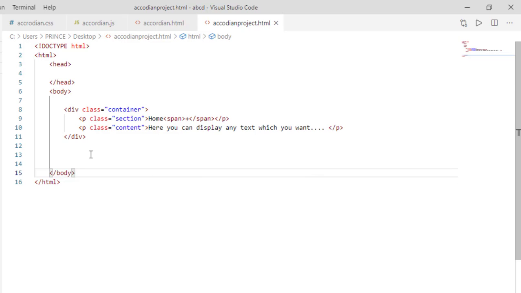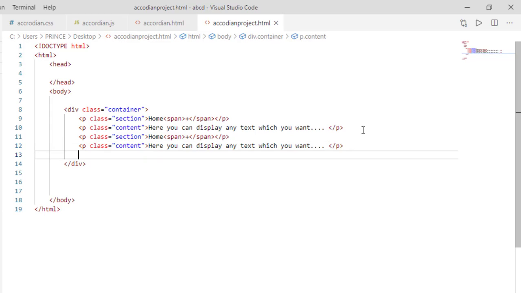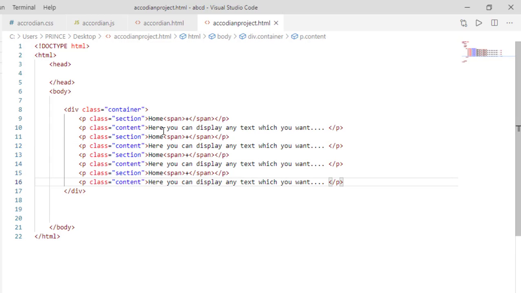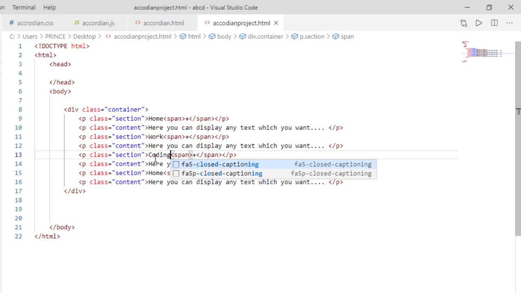Now what we need, I need 4 items inside our accordion menu. So for this what we can do, we can simply copy this code. So I press Ctrl+C to copy and simply paste it second time, third time, fourth time, and now simply I change this. So instead of home I need here work, and you can type according to your own need, it is your choice. And now for this here I simply type coding, and last item is our about.